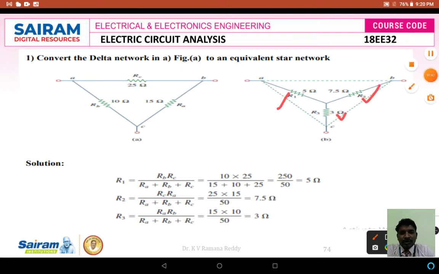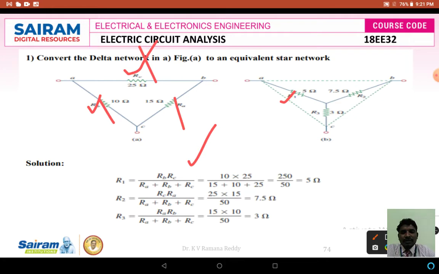Now I want to find the value of R1. How do we find it? The value of R1, one of the branches of the star network, is equal to RB into RC divided by RA plus RB plus RC. This is the formula. So R1 is equal to RB into RC divided by RA plus RB plus RC. Here, in the given problem, the RB value is already given as 10 ohms